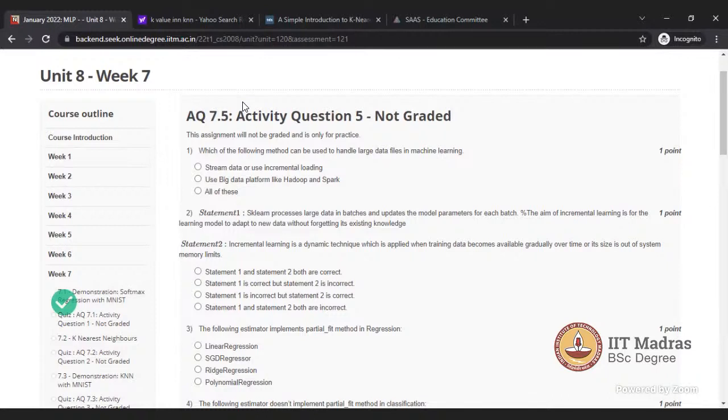Why are we doing that? We put that question intentionally because whenever you convert to ND array, your model will be very fast.